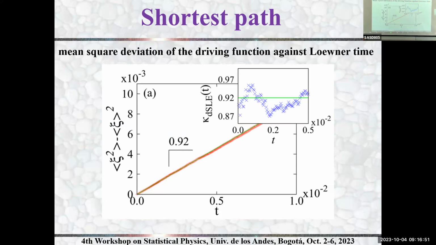So now here, what you do is you make them direct SLE. You just make the transformation, the F transformation, and obtain the driving function directly, and then you check that the driving function has the properties of a Brownian motion, that the fluctuations squared grow linearly with time, and the slope is again the diffusion constant. Okay, and finally,